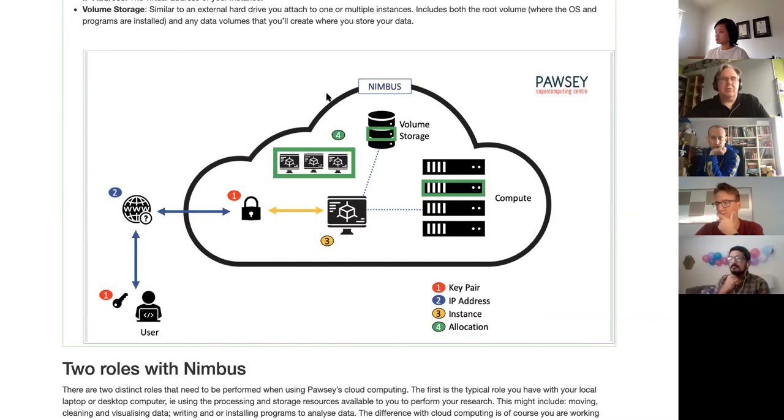You apply to Nimbus for an allocation, which will grant you a certain quota for the number of virtual machines, the amount of compute, the amount of memory, and the amount of storage. You'll have that sitting there in your project, and you are the administrator for that project. It's not just that you have your laptop and the university sets everything up for you, and you just write your Python code and it runs on the data and you get your results. You have to actually